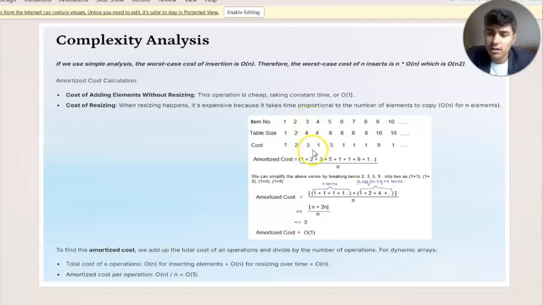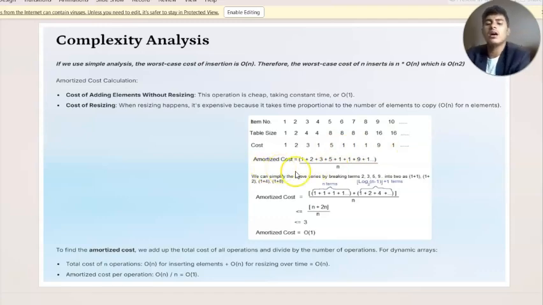Then for the third, again the cost came to be 3 because we have to resize the array, and after the resize we have to again add 1, 2, then our third element. Then for the fourth we saw that there was a space, so the cost came to be 1 because it was a simple addition of an element in the array. Then for 5 again we have to resize our array and add all the earlier elements, then the fifth element, so the cost came to be 5, and so on.